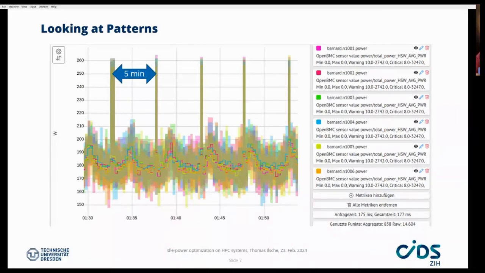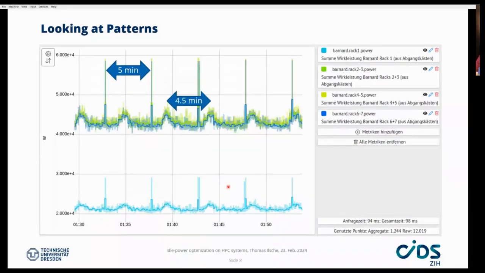So here we have a node level power measurement of about 6 of the nodes. And the interesting thing that we see here is there are some spikes in the power consumption every 5 minutes. We will come to those spikes in a bit, and there are some other patterns. They are a bit blurry, and what we see here is bands of minimum and maximum power consumption in certain time intervals. So it's a relatively noisy signal, and we can actually go to a different measurement point to get a better